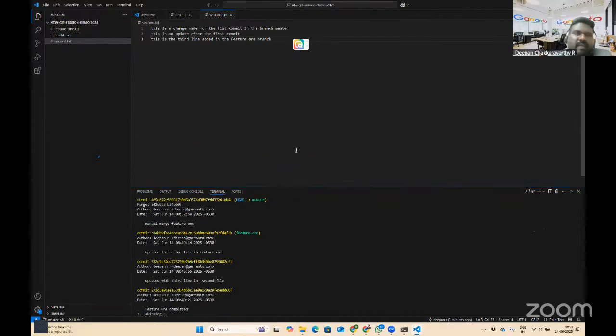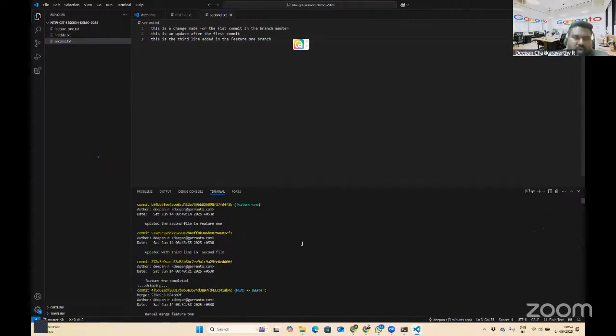As I said, we need to have a common code base, a common repository location where it is easy for us to collaborate with others, and do that effectively. As long as a project remains in my local, it will be difficult to do that collaboration. And this is where we can use online web-based Git platforms such as GitHub or GitLab.